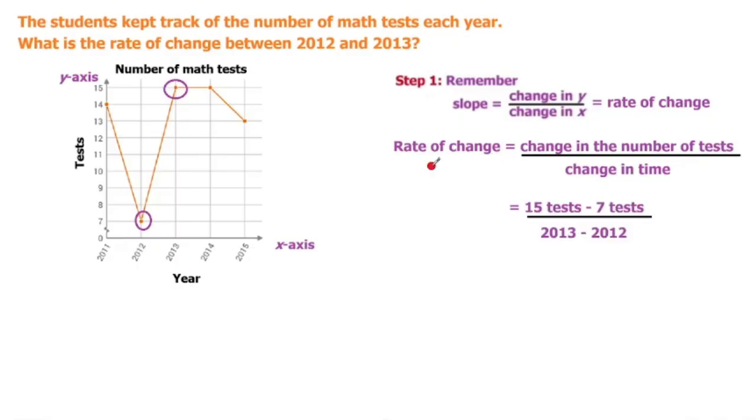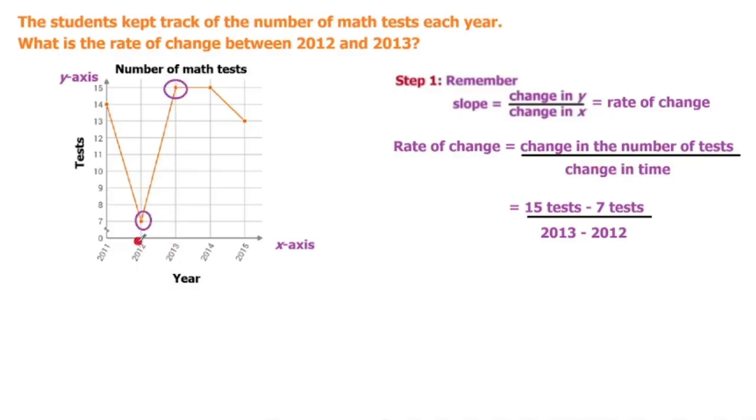So here, for this point, the number of tests is 15, and on this point, the number of tests is 7. So it's 15 tests minus 7 tests. And then the change in time is